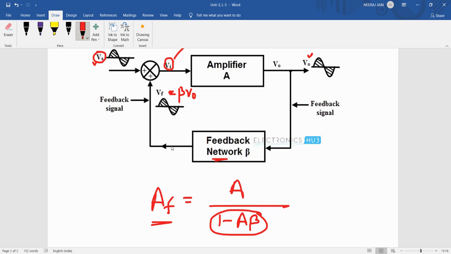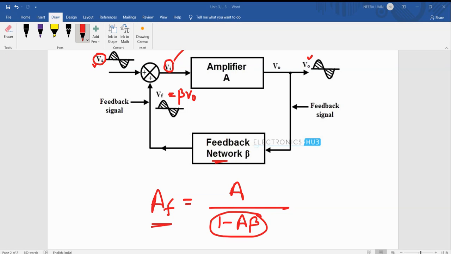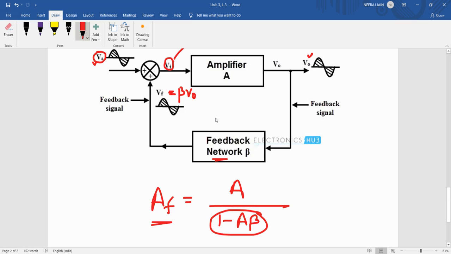In oscillators, if we use this as an oscillator, then we do not use the input. If we remove the input, then it can be used as the oscillator. तो हम इसको oscillator की तरह भी यूज कर सकते हैं. Initially there will be some noise signal that will be amplified, and after 2-3 cycles the signal will be in the form of a sine wave that we get in the output.